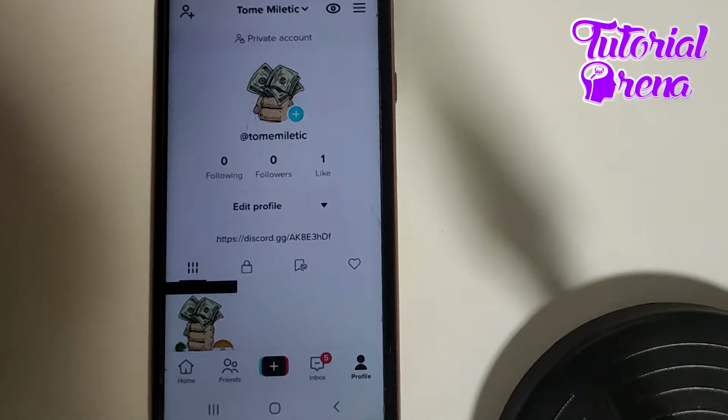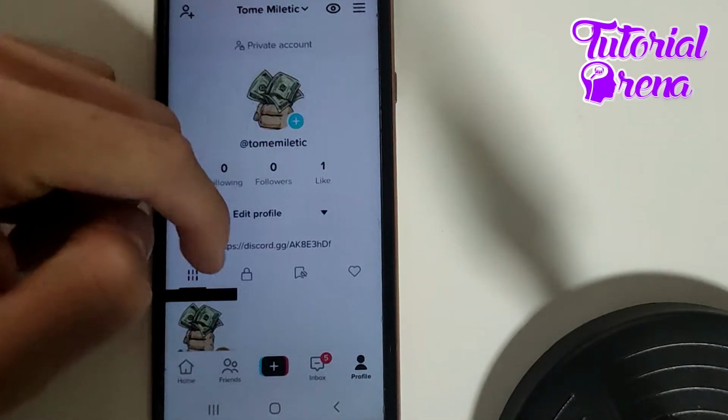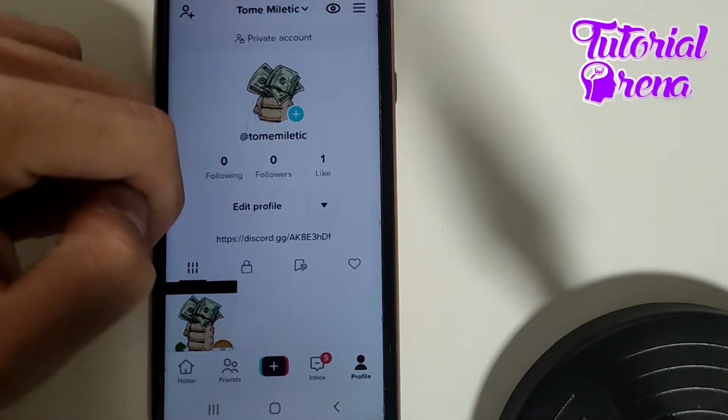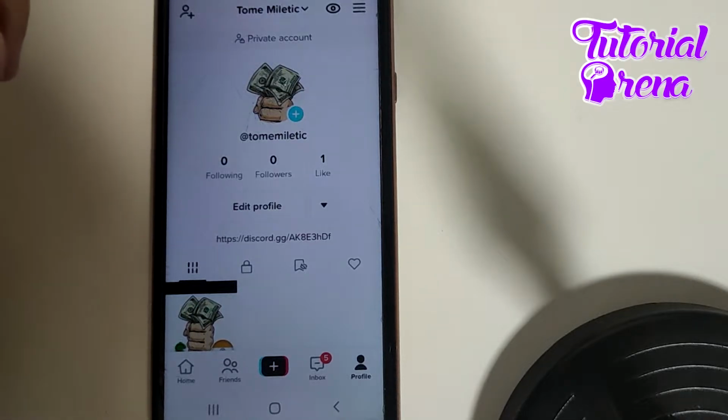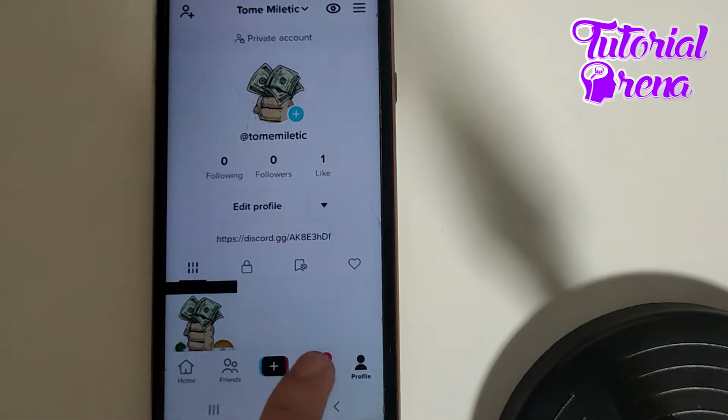In this video, I will show you how to create a group chat on TikTok. Firstly, you need to go up here into your profile section on your TikTok site. And then, if you want to take over that selection, you need to go right down for inbox, go on